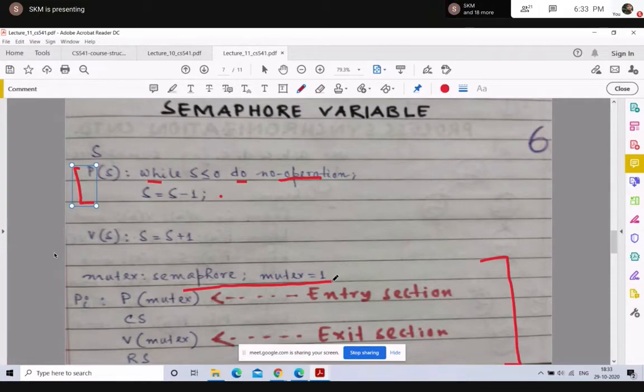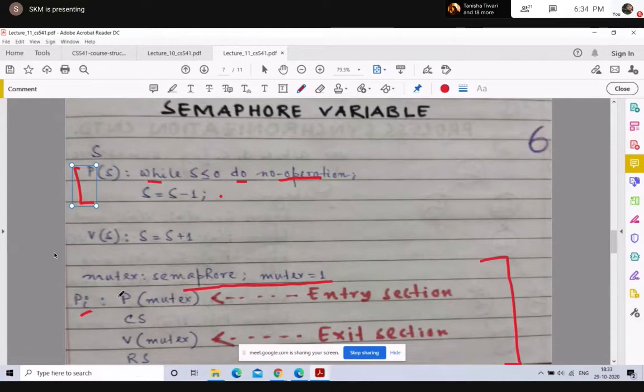Then what do we do? For every process P of i, we perform the following sequence of operations. Let us consider there are n processes executing a similar kind of code to share the same critical section.